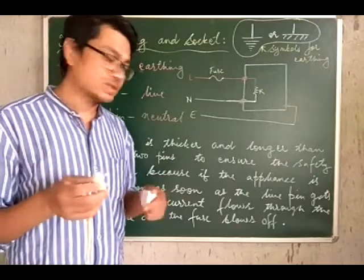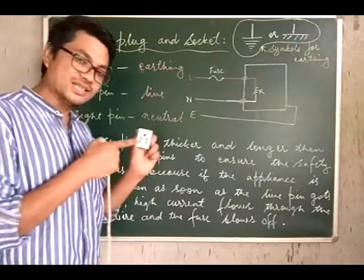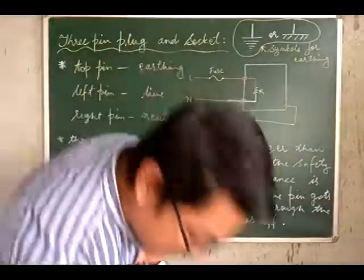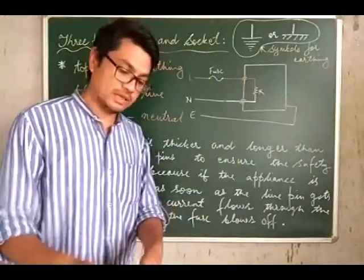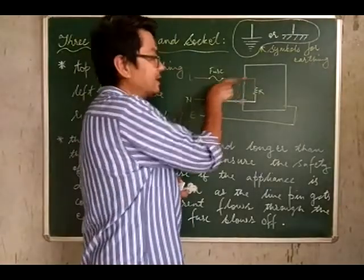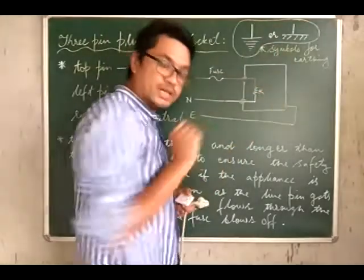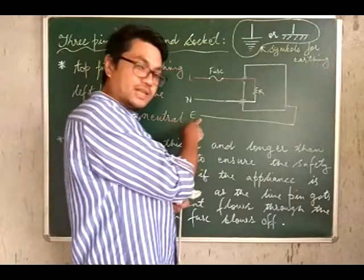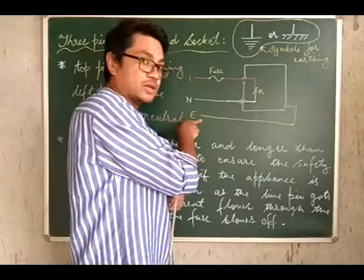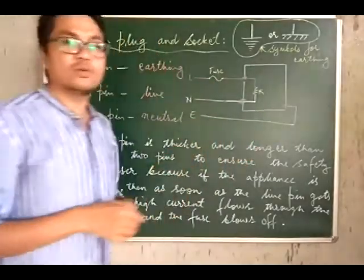Because if the earthing connection is done first, as you see written over here, what happens is, if the appliance is faulty, in case of this electric iron, the insulation will be broken and the live wire will be connected to the metallic casing of the device. So if the earthing connection is done first, since the earth pin is longer, then the current flowing to the live wire easily flows to the earth wire